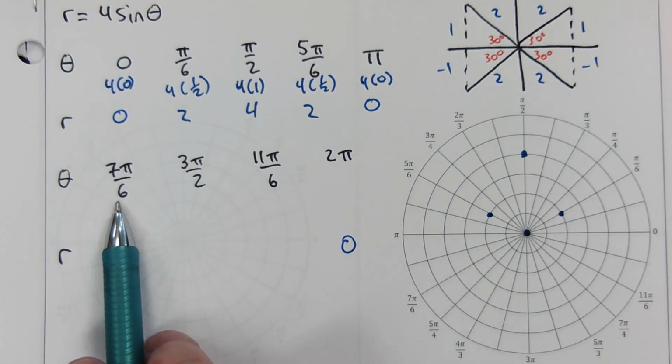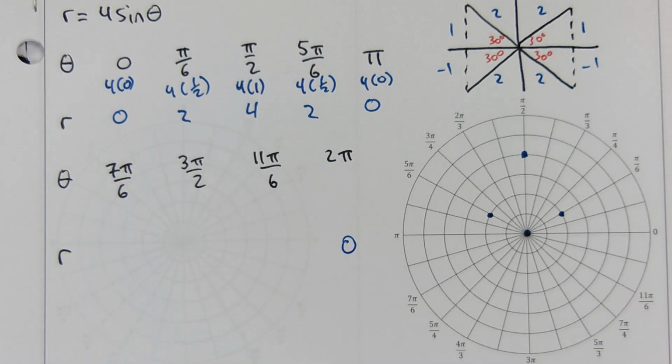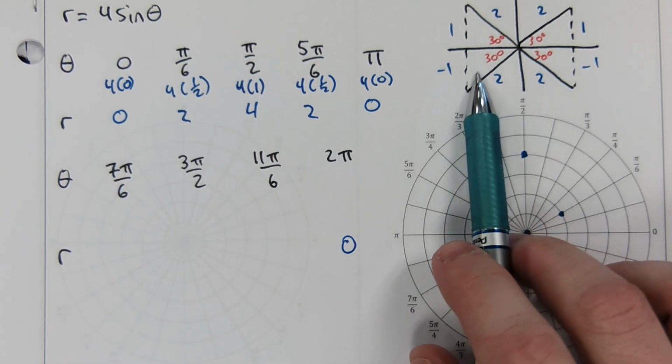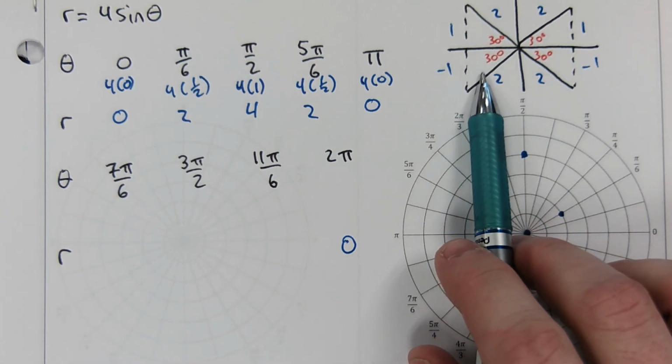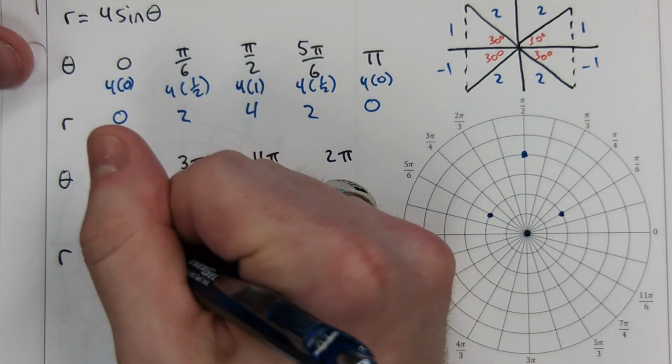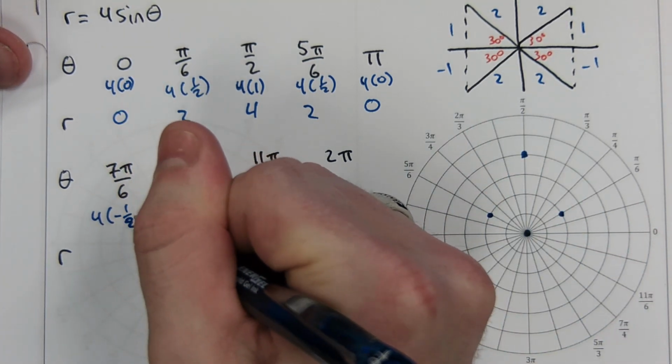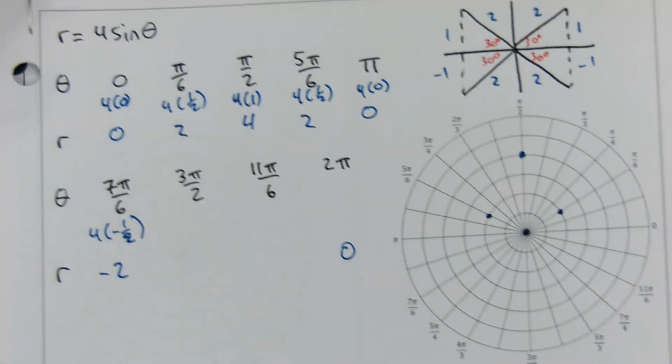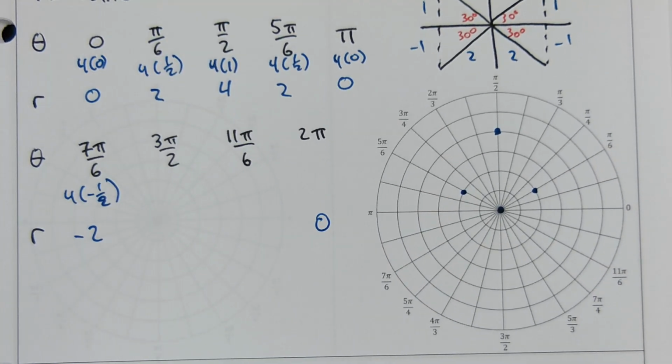Let's plot this one. 7 pi over 6. Okay, finally, we're going to dip into the negative sine values. Something interesting is probably going to happen here, right? So we've got sine is negative 1/2 here, so we have 4 times negative 1/2, which gets us -2. So this gets us the opportunity to review how to graph polar coordinates when you have